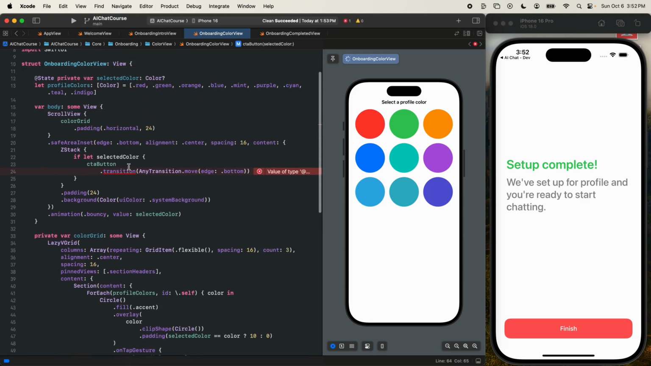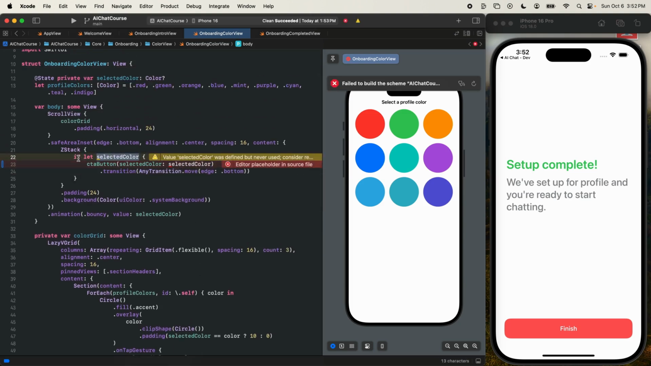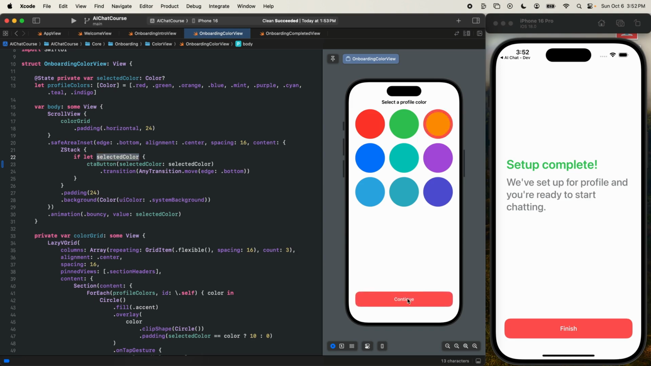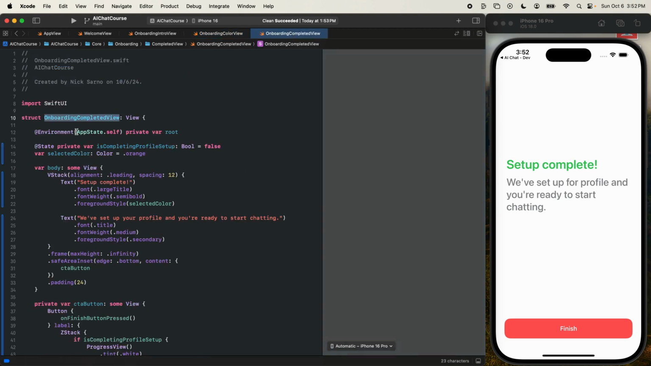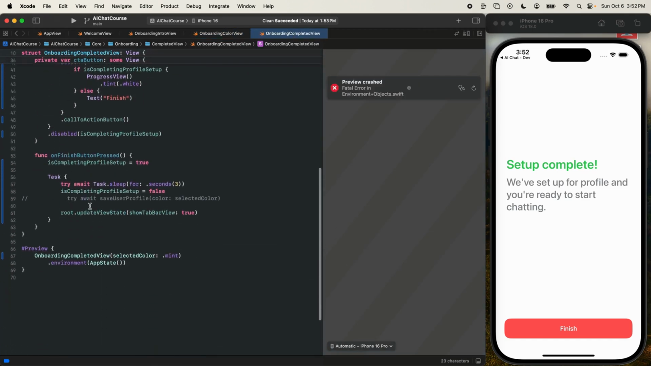And now when we create our CTA button, we will pass in our selected color, which we already have our if-let statement in place. Let's check it out real quick. If I run the preview here, I'm going to select the orange color. Let's go forward. And we have a crash because the environment object in our onboarding completed view requires the app